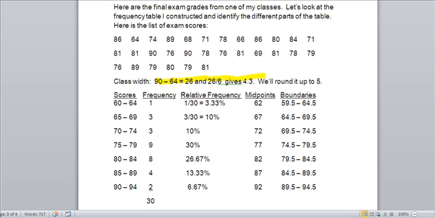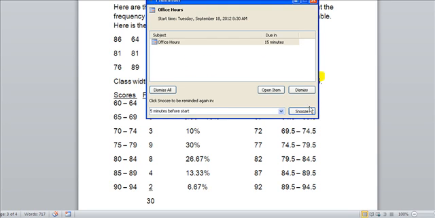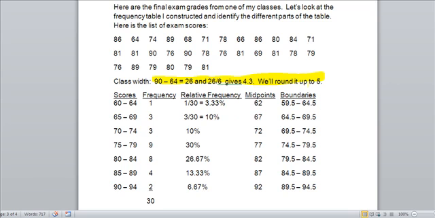And notice that my high grade was a 90 and my low grade was a 64. That was a difference of 26. So what I did was I decided on 6 classes, and I got the answer of 4.3. And I decided it would be more convenient to use a 5, which is what I get when I round 4 up to the next largest number. So I decided to start with 60,